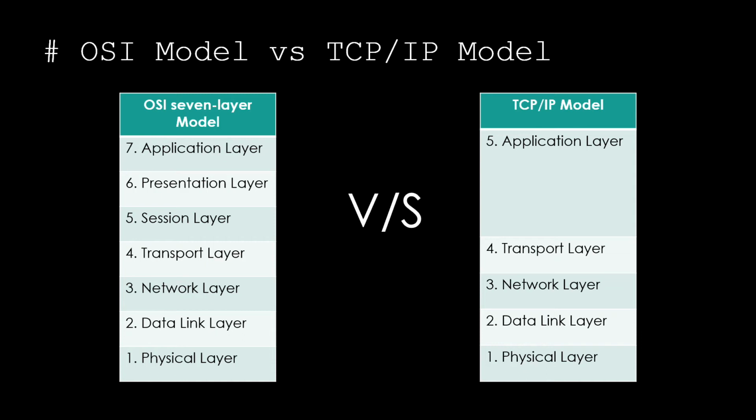First of all, keep in mind that these are all models, which describe the different functionalities that a network must provide. So without further ado, let's see the difference between these two models. First, we talk about the OSI, or Open System Interconnection model. It has 7 different layers which provide 7 different functionalities that a network must have.